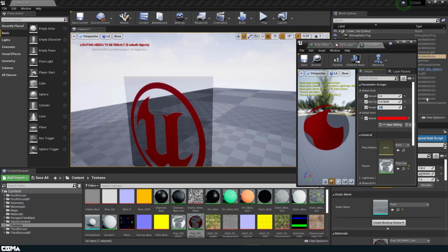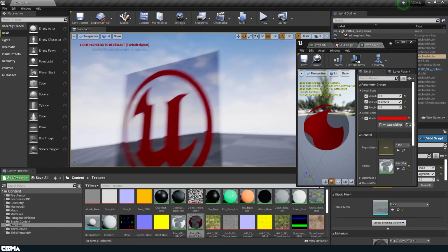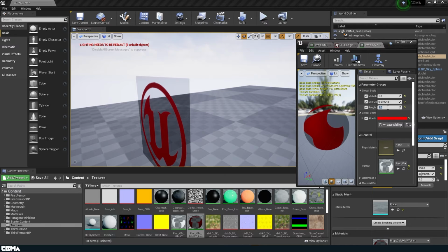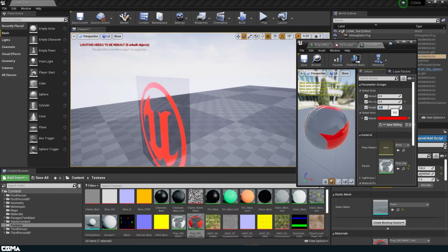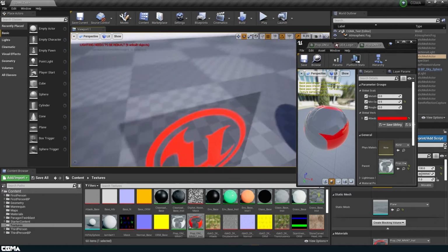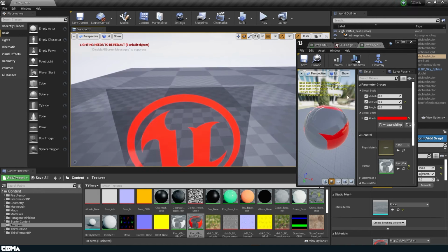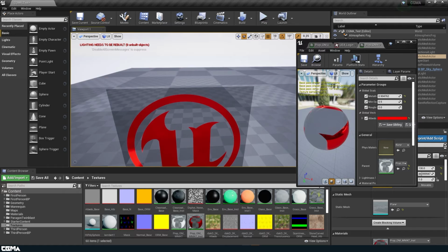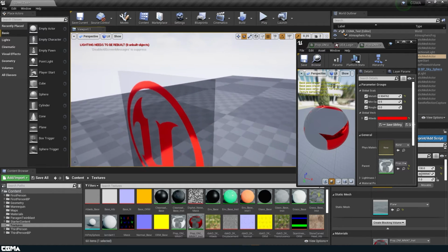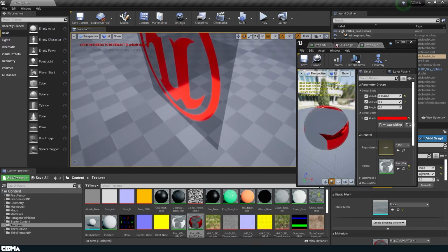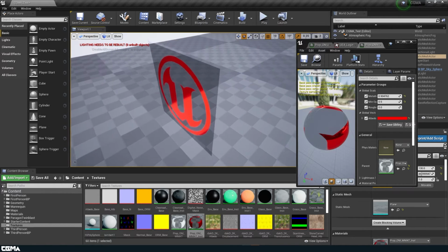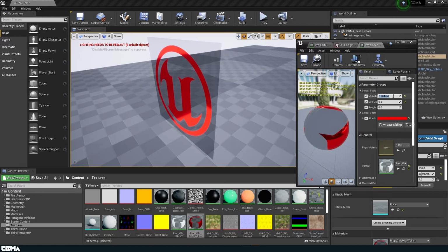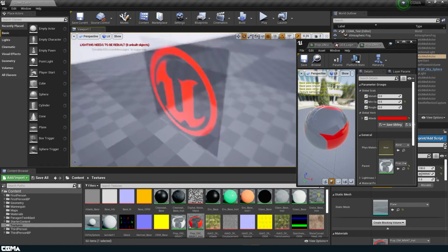Let me make this completely rough. Let's do 50%. Let's do that. Let's just make it very glossy and non-metallic. Because the problem you get when you make something all metallic is that it dampens your albedo. So you have a hard time sometimes trying to see this value when your metallic values are really high. So let's turn it off. And now we actually have a very glossy